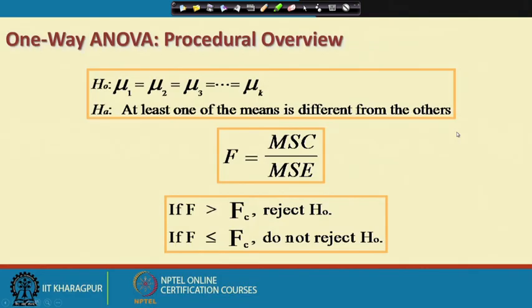Okay. So now typically the one-way ANOVA structure is like this, which we have already highlighted. So all the population means are equal, and at least one of them is different from the others, right. Suppose there are four populations, mu1, mu2, mu3, mu4; at least between two pairs they are not actually equal. That is the condition for the alternative hypothesis, and the testing procedure follows the F statistic, and it is the ratio